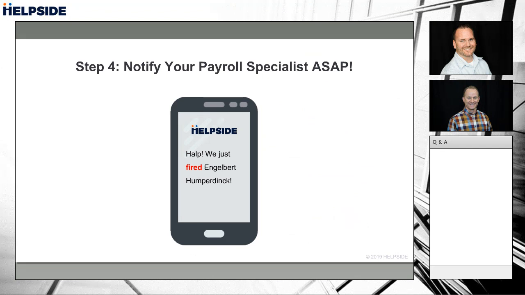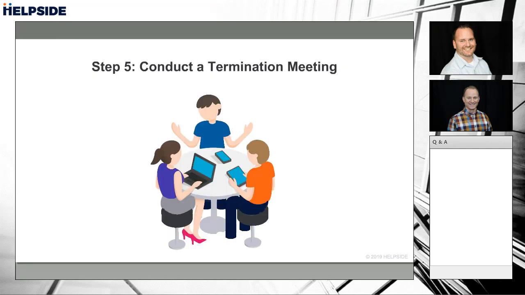All right. That was step 3. Step 4 then is, as we've been saying, notify your payroll specialist. This time we're really serious, as soon as possible. So as soon as you can do that, once you know. And my experience has been most of our clients do. They let us know before they've even done the actual termination. They say, hey, listen, we've had this guy on a PIP, it didn't work out, or hey, he came and did such and such, and so we're letting you know, and so we can get all the stuff in the background working. The 5th step then is to actually conduct the termination meeting.